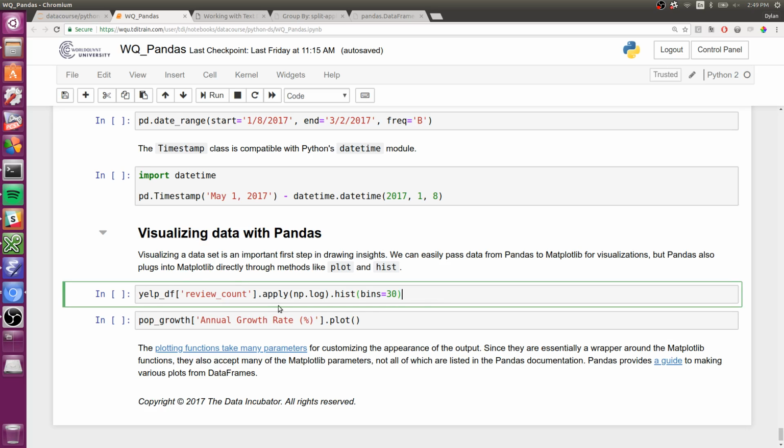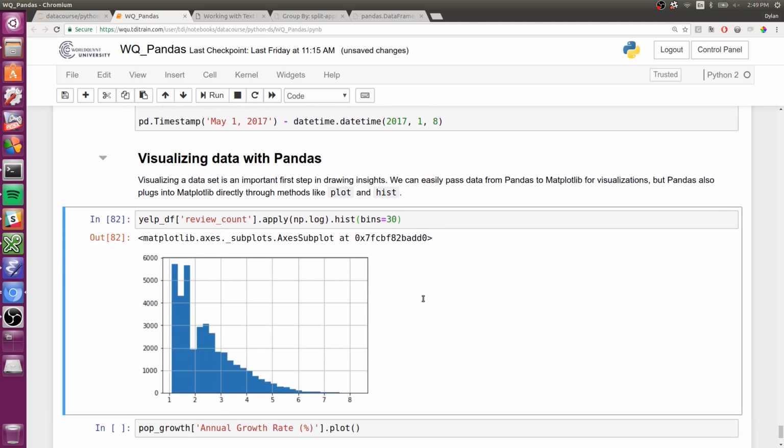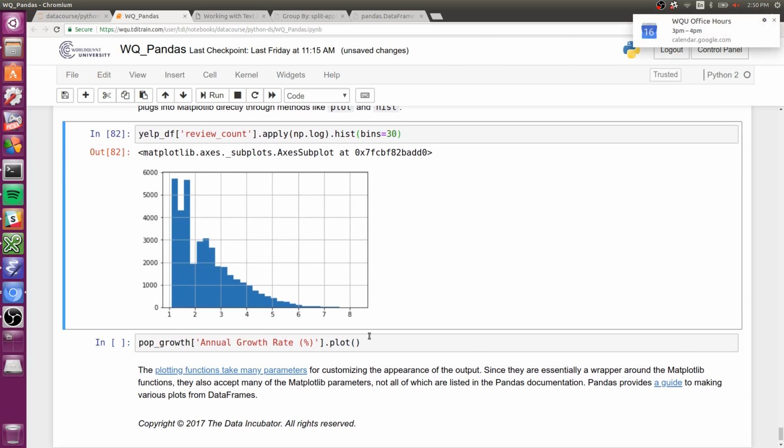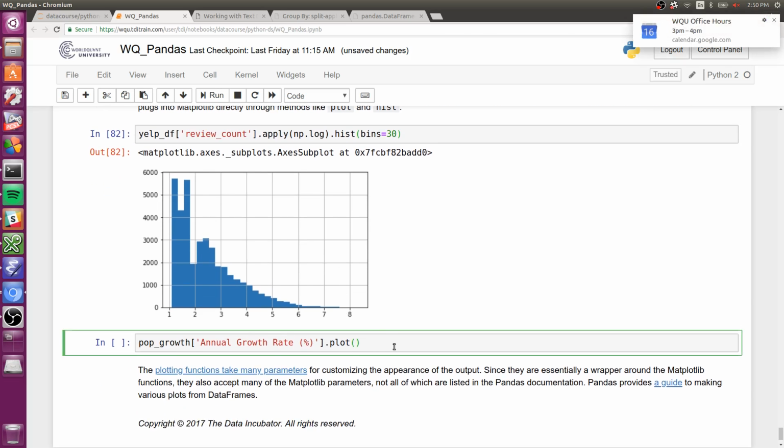So if we want to make a histogram of the logarithm of the review counts, we can just chain the .hist method onto our series. So here we have our matplotlib visualization of the log review counts for every business. There's also .plot,